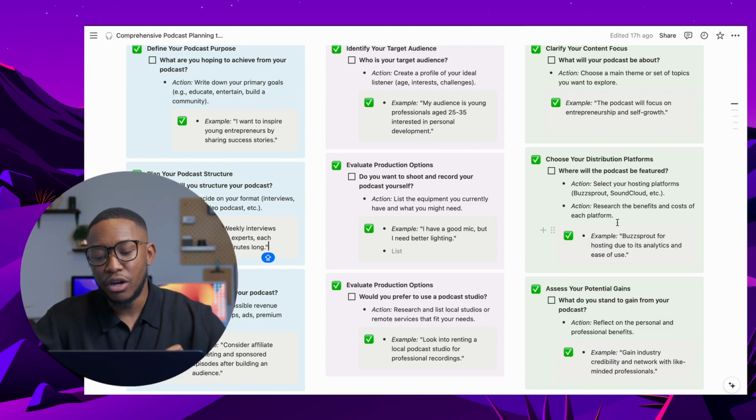The next thing you want to figure out is a distribution platform. You want to know where you're going to be distributing your podcast to. For example, you need a hosting platform. Now, what is a hosting platform? A hosting platform, think of it like a hub. So it's a big basket where you upload all your content. For example, you do an episode, you upload it to this big basket here. And what this big basket does is it distributes it to other smaller baskets. So take, for example, the smaller basket in this scenario is going to be iTunes, Spotify, Google Play.